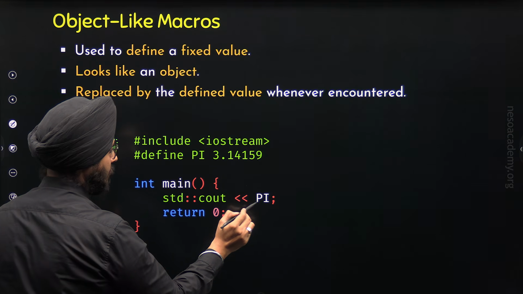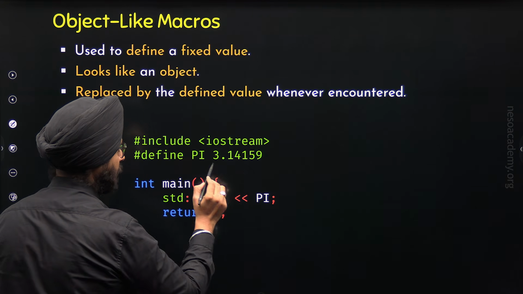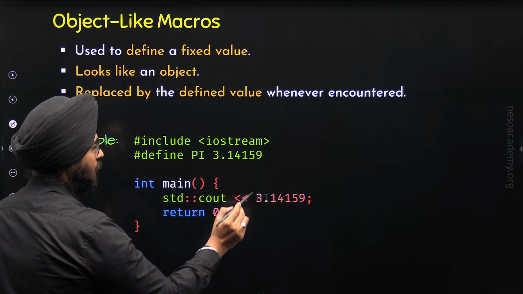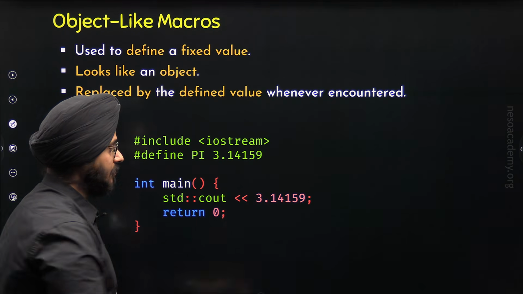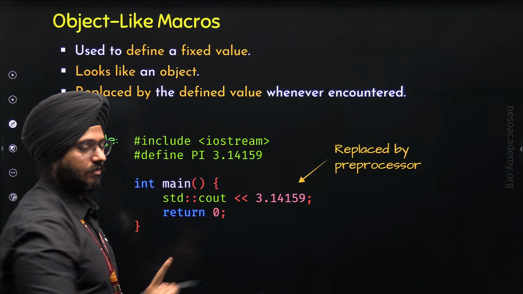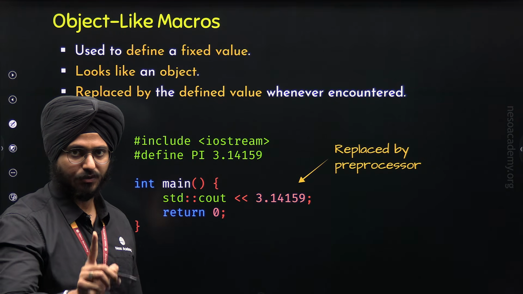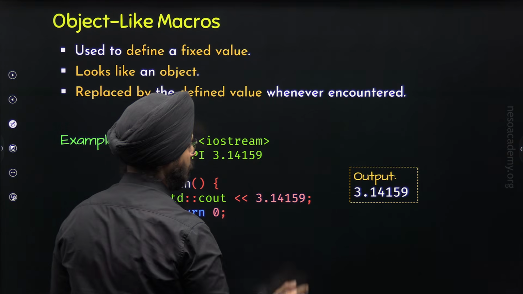The preprocessor has encountered PI, so it will be replaced by its defined value, which is 3.14159. So here I can write 3.14159. And this is done by the preprocessor. It has nothing to do with the compiler. Please remember this. Now, when we execute this program, we will get this output